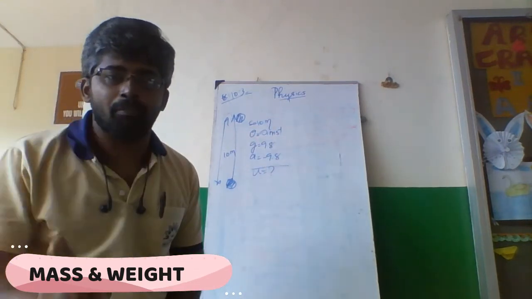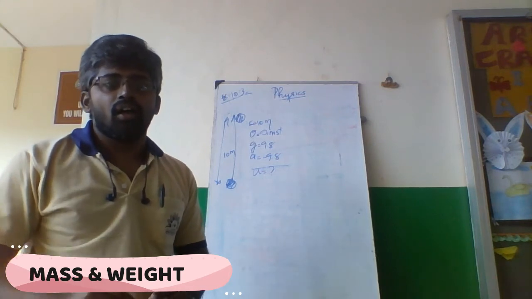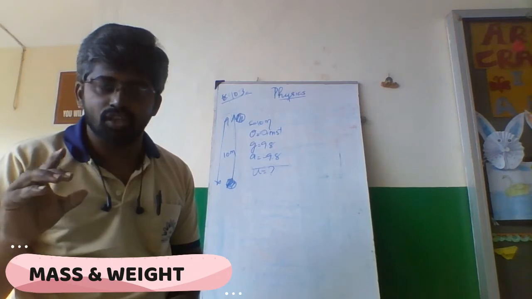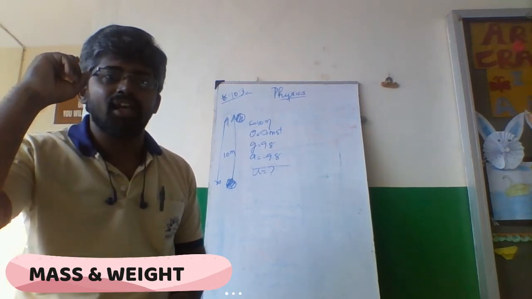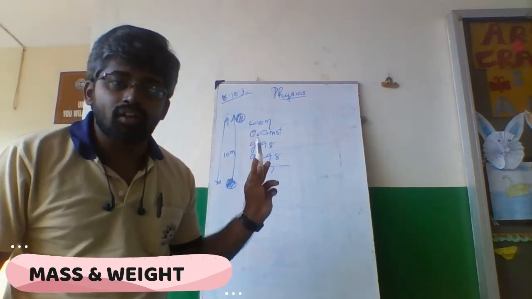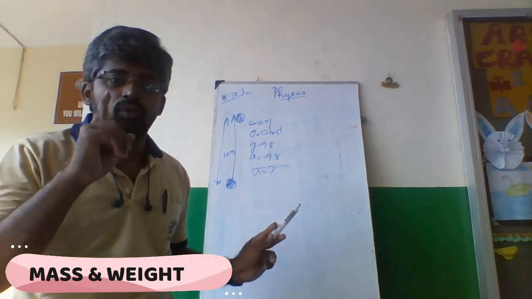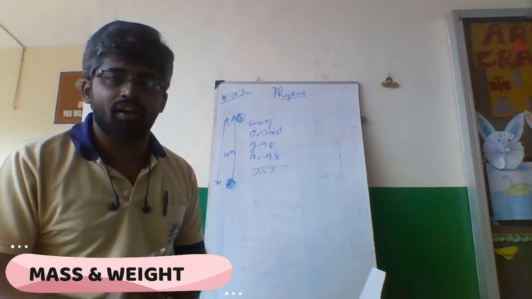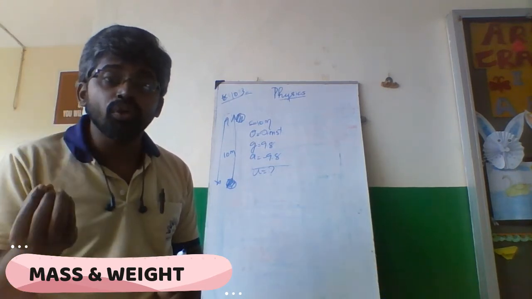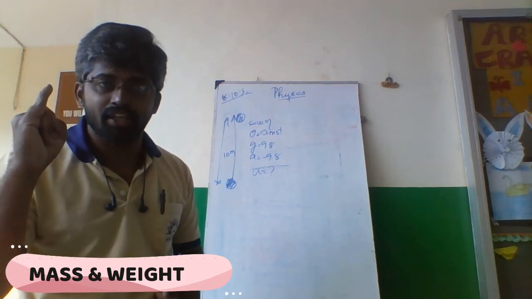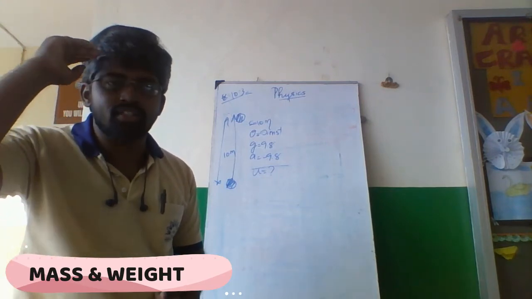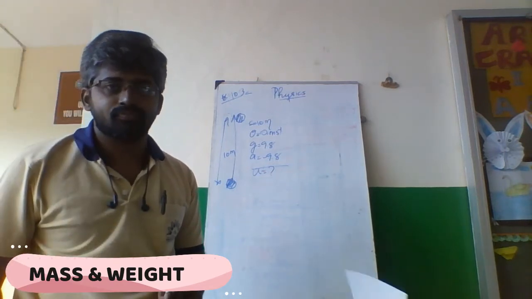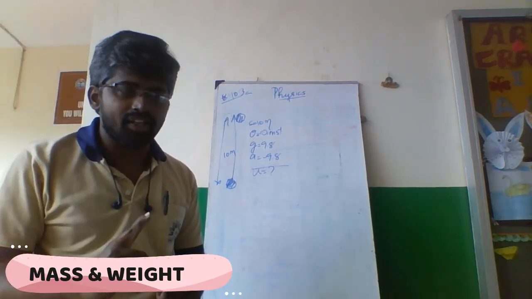Two things you should keep in mind. One is, for upward movement, initial velocity is never 0. If you go back to my class, where I have taught these equations of motion, this point will be there. I have emphasized this point. For an upward motion, u is never 0, it is greater than 0, initial velocity. But final velocity is 0, because it has to reach some point and it has to come down. Okay, that we have already seen.